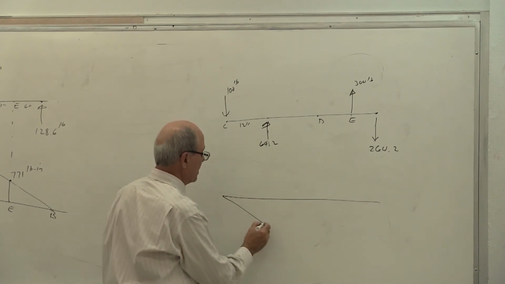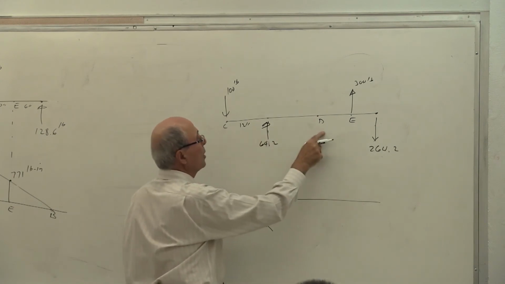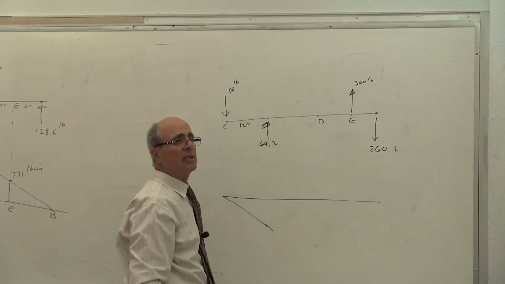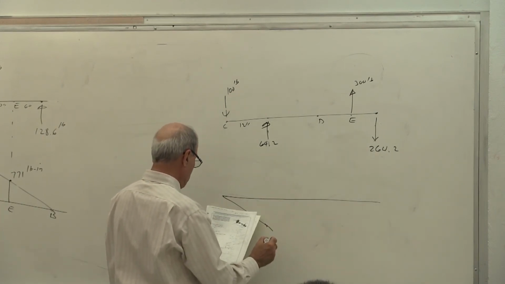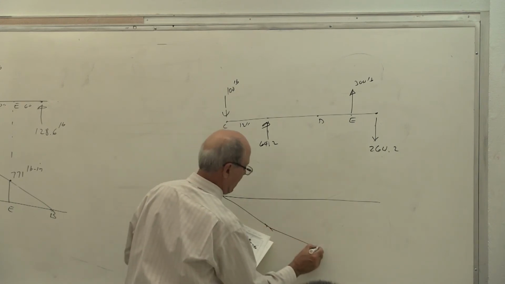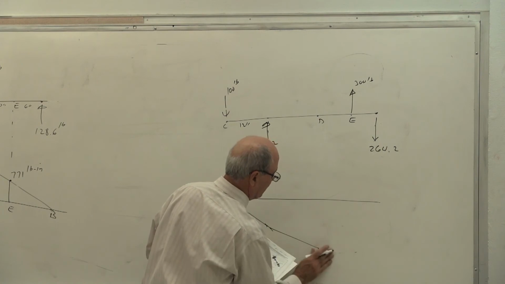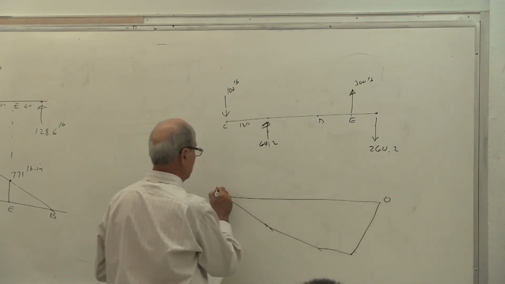So that moment becomes this times this distance. Is that correct or not? Then you come to this one, this times that distance minus this times that distance. Is that correct or not? So on and so forth, which is very simple, or you use the area method. So that goes like this. It goes like that. It goes a little bit further down, but in a different slope. And then it goes to 0. This is 0. This is 0.